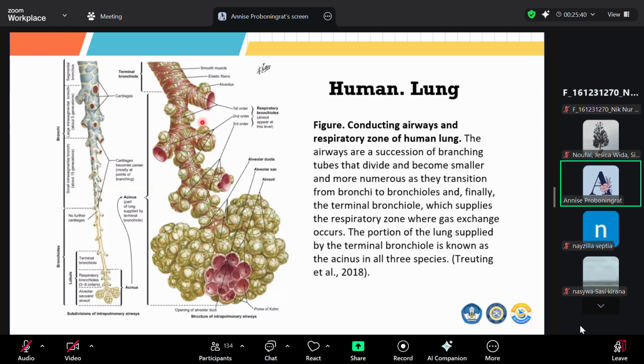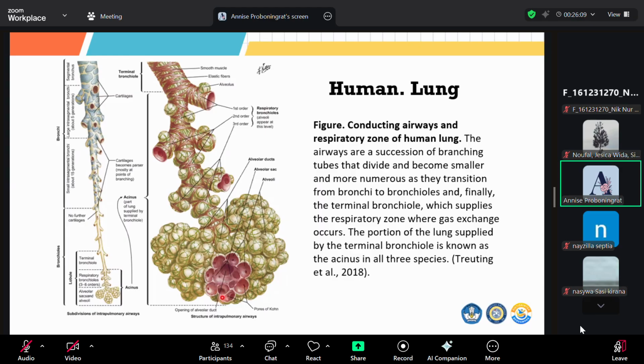And the alveoli start to appear at this level, which is why this part of the bronchiole is called the respiratory bronchiole. And then the bronchiole continues to the alveolar ducts, alveolar sac or sacus alveolaris, and also